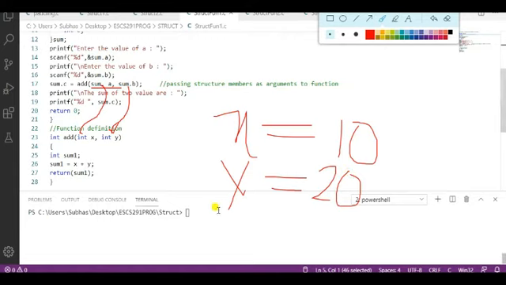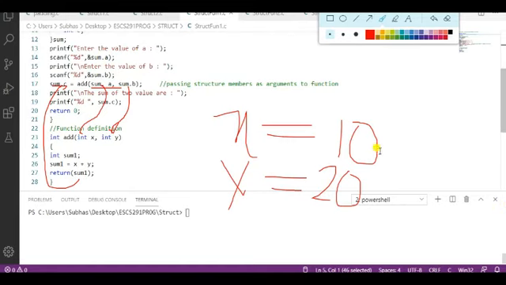So then sum equals 10 plus 20, that is 30, and it will return 30. So here we are returning the integer variable, and that value will be assigned to sum c. So this is the simple one.